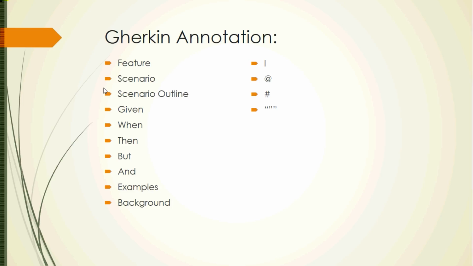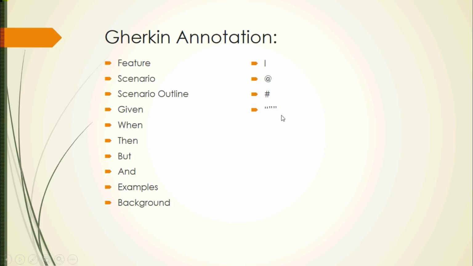So all these annotations we need to mention in the Gherkin file. Okay, everything is given according to your requirement. You have to design your Gherkin annotations and proceed with that. And there are several special annotations also provided, like this one. These annotations are for data tables, and the at sign is for a custom tag, hash will be for commenting, and